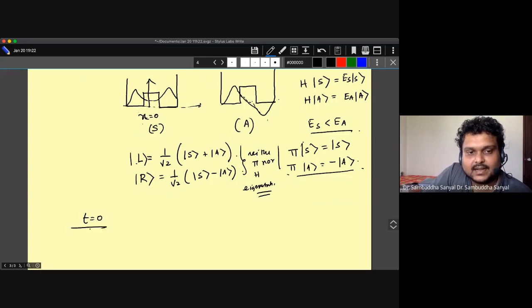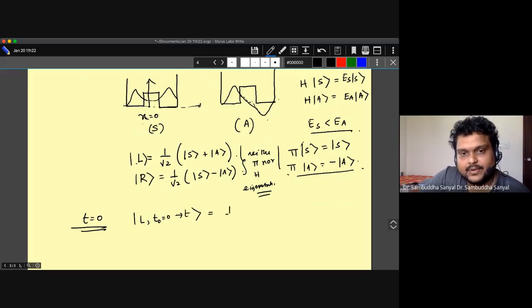if I start at time t equal to 0, this will oscillate between these two states, which you have seen in the ammonia molecule example last semester. So at t equal to 0, this is L. We want to ask where it goes from t equal to 0 to t. And we know this will be